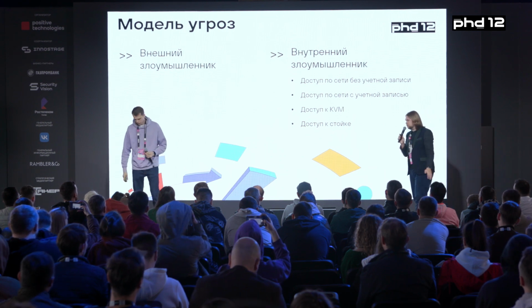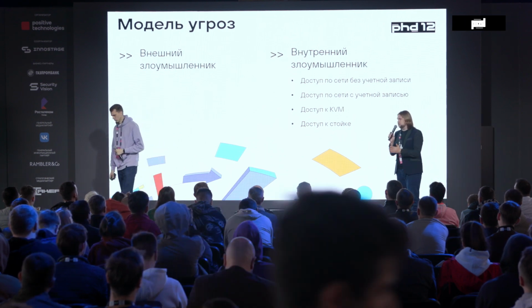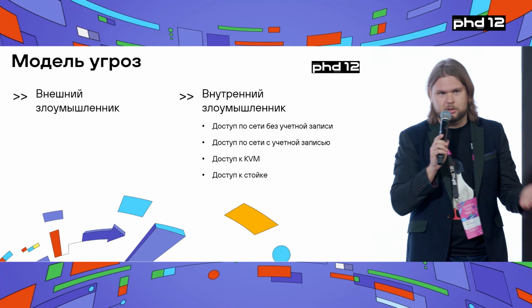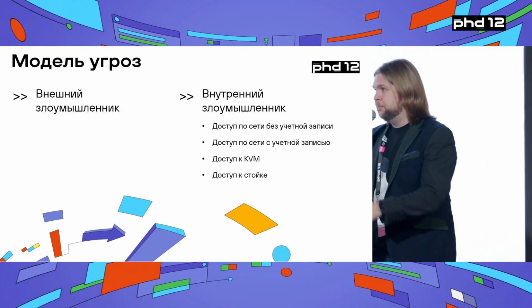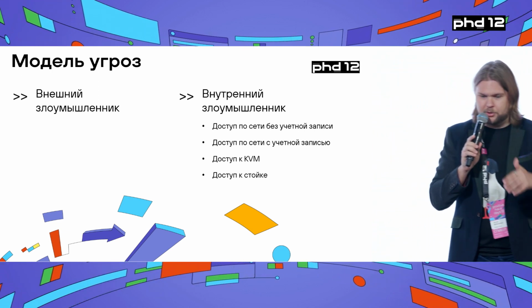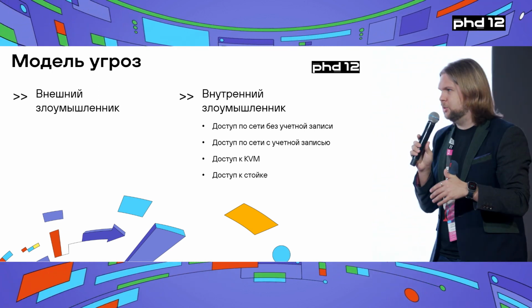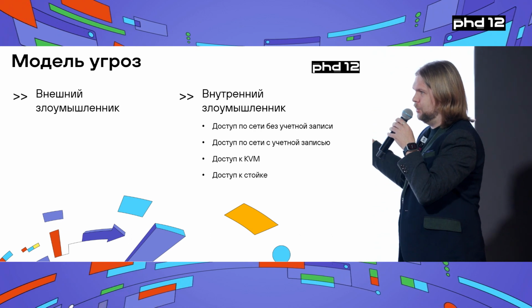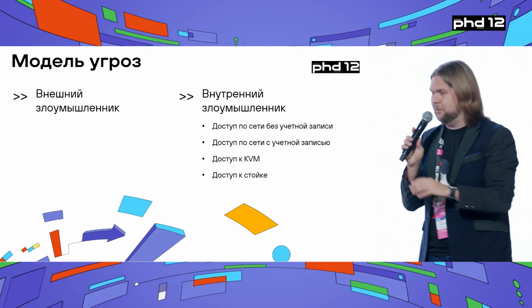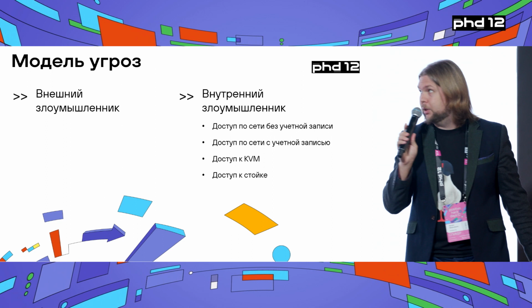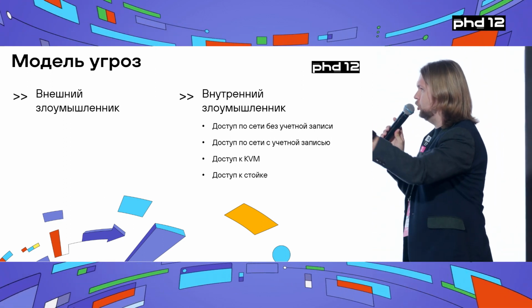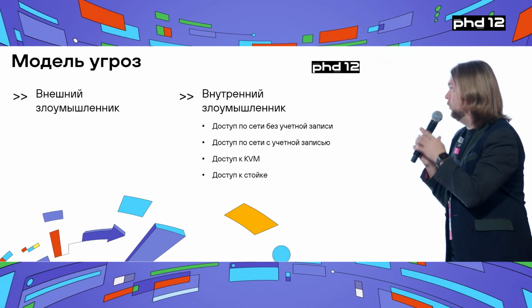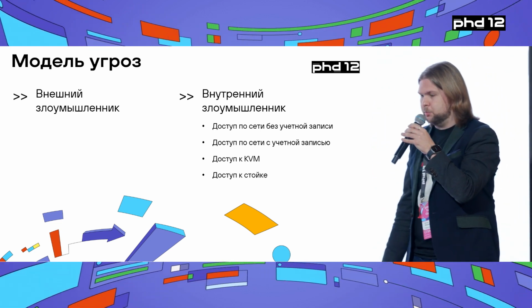Okay, talking about threat models, we should start with the threat actor model. There are two here for Teleport. The first one is the external threat actor, and you can cut them off by putting Teleport behind VPN. In the documents, they say you can put the Teleport proxy on the internet. That's not what we do. We want it to be behind the VPN to make life more difficult for the external bad actors.